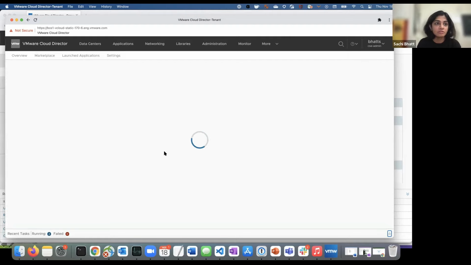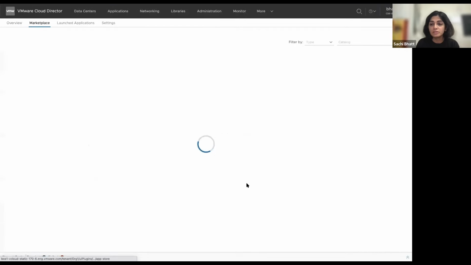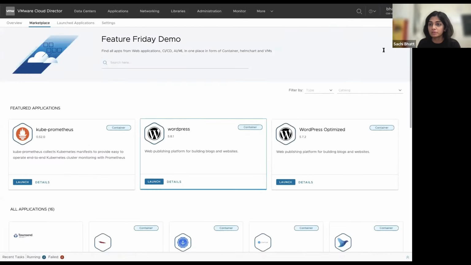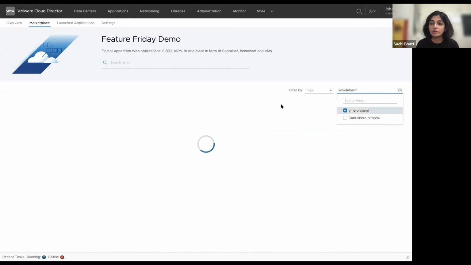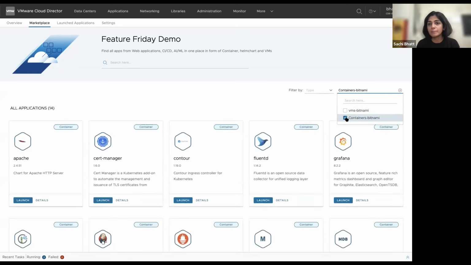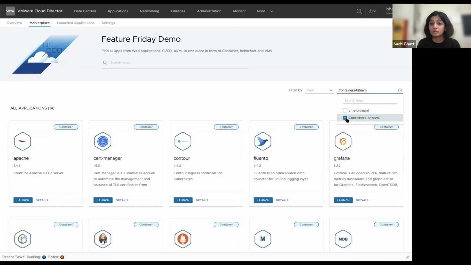And the next one I would like to show you is the catalog filter. So if we navigate back to the App Launchpad marketplace, as an end user, you are going to look at this new catalog filter. So you can filter based on the catalogs. What will happen is if I'm in a multi-site setting, you can have multiple catalogs listed by different locations. And you can filter it by VM or container, and then only deploy apps based on your preferred catalog.